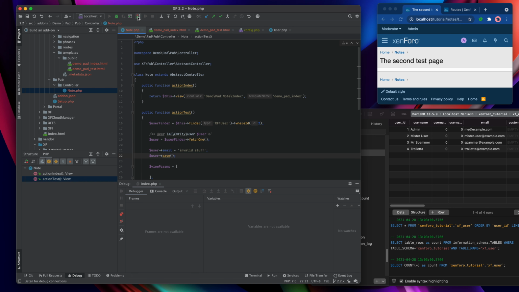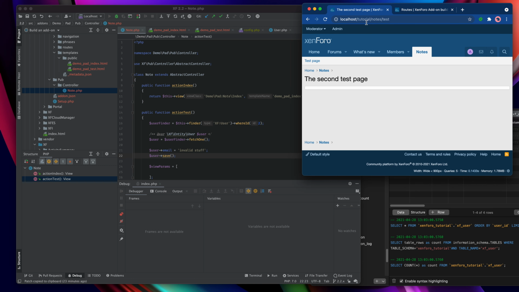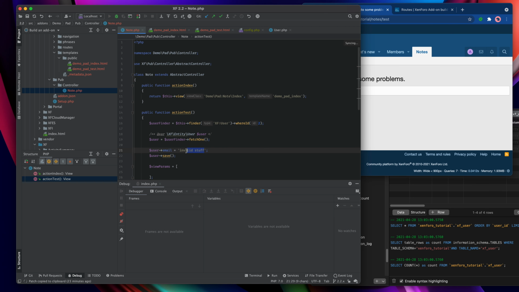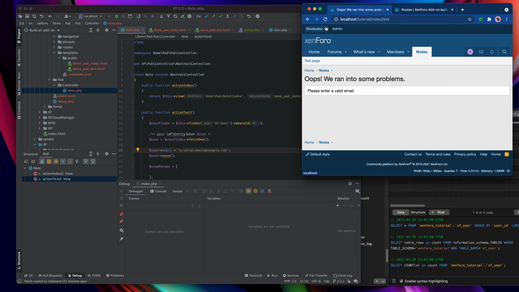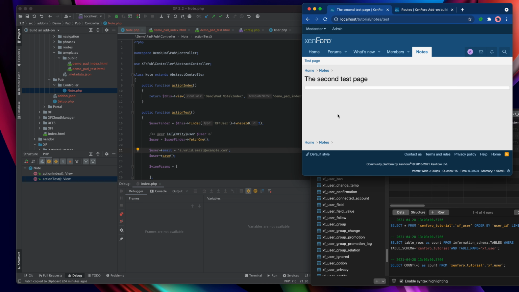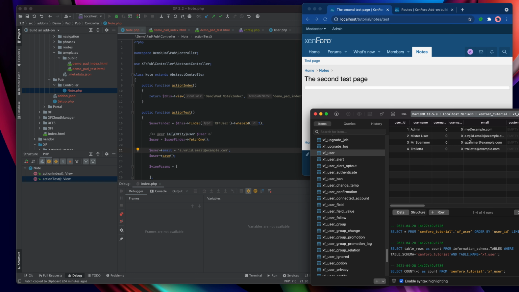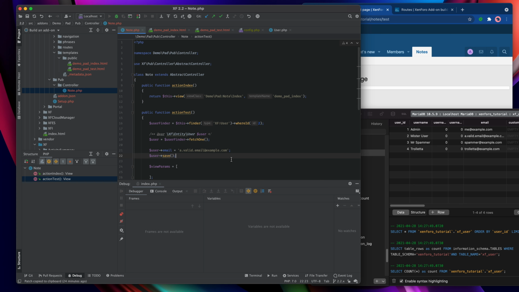So let's just turn off the debugger and see what actually happens with this. I'm expecting to get a relatively straightforward error message that tells me that the email is not valid. Please enter a valid email. Seems pretty reasonable. So let's change that to a valid email. Let's save that out, and so we're starting off with mruser@example.com. Run that, so no errors, and if I refresh the data in the database, a valid email at example.com. It is that straightforward to work with the entity system.